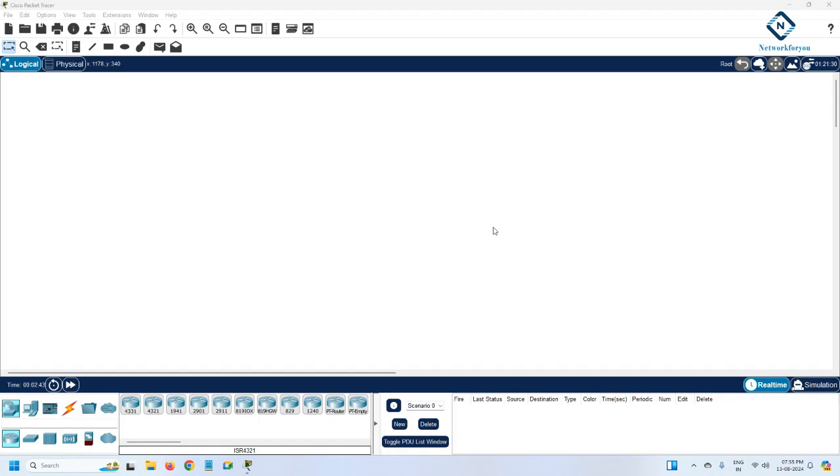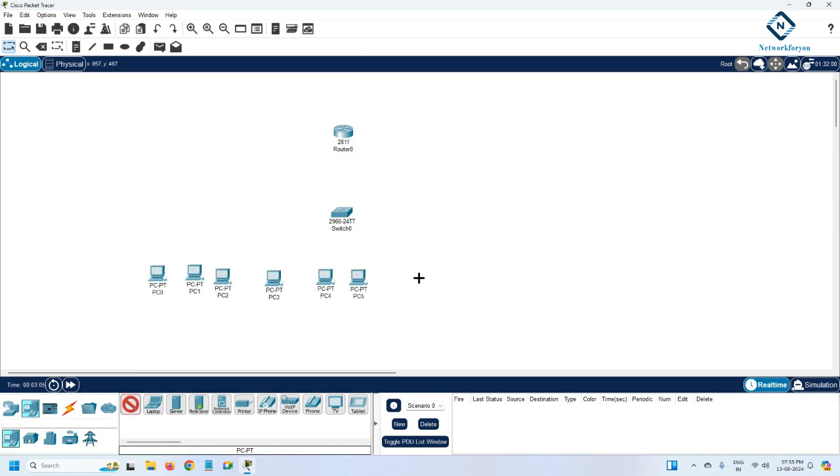Hello everyone. So now in this class we are going to learn how we can configure the DHCP server in a Cisco router. I have taken one Cisco router here and we can take one switch here. Imagine this is a small company where you have maybe 20 computers, and they are using the